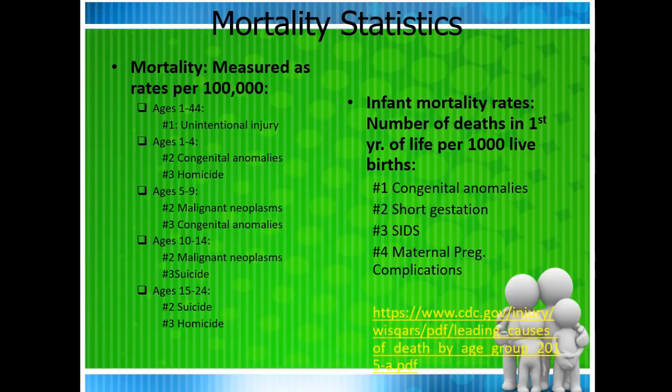What is a pre-adolescent and adolescent? If you kind of remember back to Erikson, what are they doing during those ages? Right, so they're trying to find their self-identity, right? And yeah, so love and belonging. What group am I part of? Who am I identifying with? Right, trying to find themselves, whether or not they're accepted, that's going to be highly important to them. 15 to 24, you've got your suicide, and then your homicide is number 3.